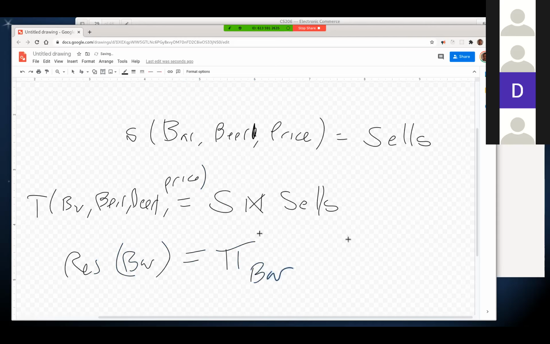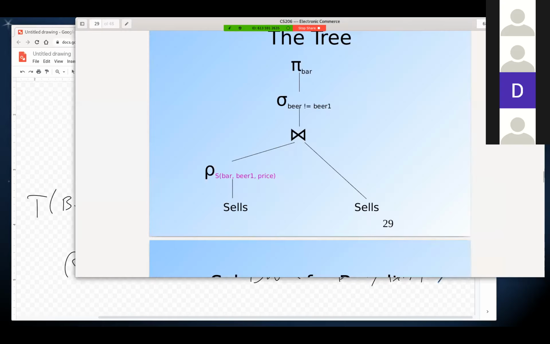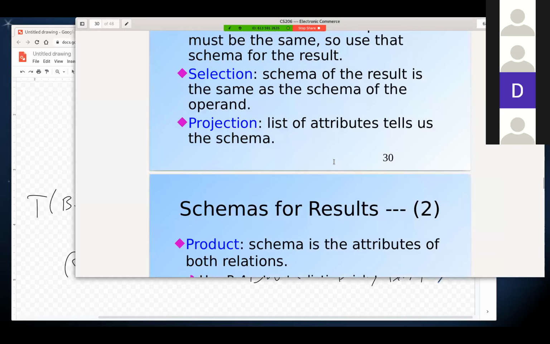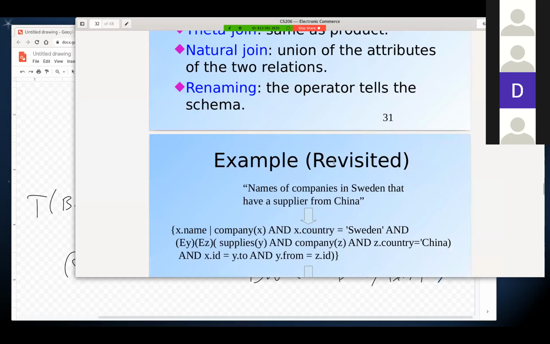Over select beer not equal to beer one, and then that's going to be over T. Okay, so that'll give us the bars that are selling two distinct beers for the same price. Okay, good. So, all right. So yeah, this is the union compatibility issue that I talked about before. Okay, so now let's